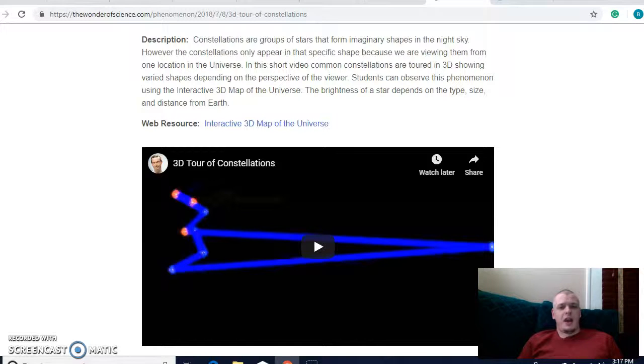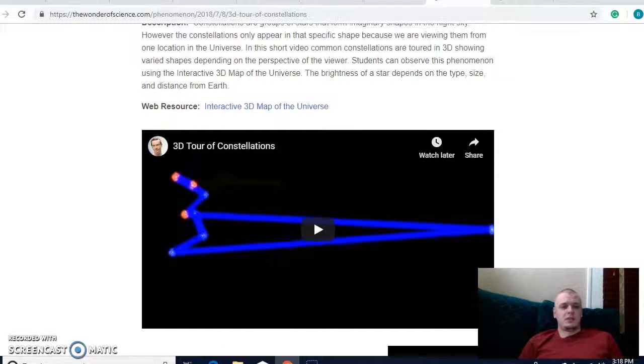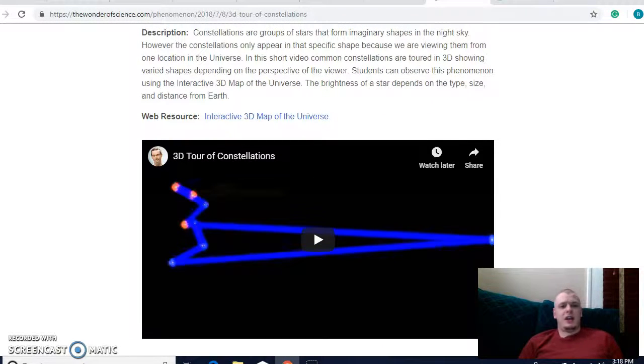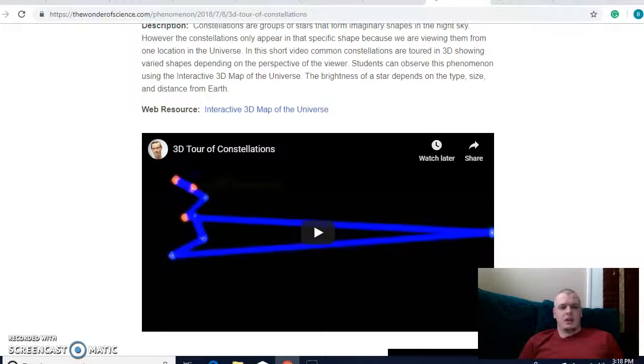objects in the night sky? Why don't those shapes and objects change in shape and size? They stay the same all the time. So those are going to be the kind of questions that we want to answer as we go through this